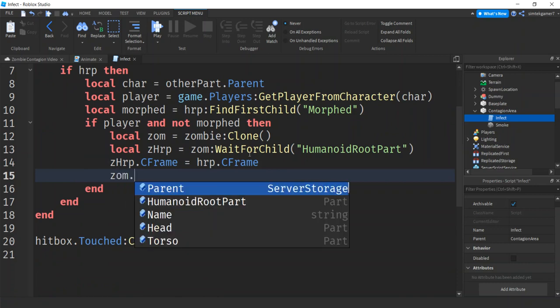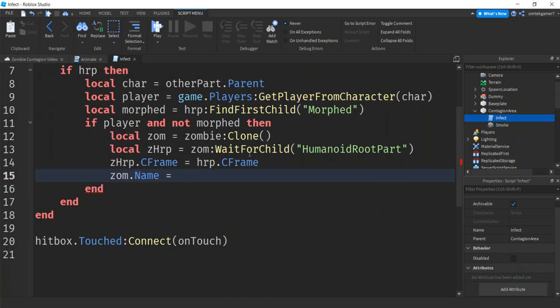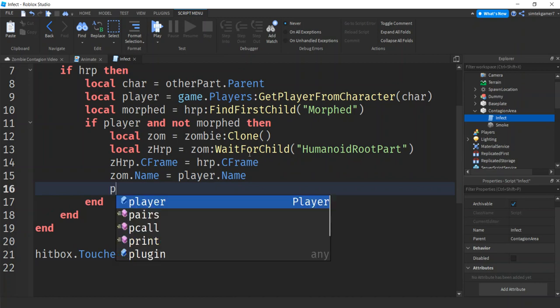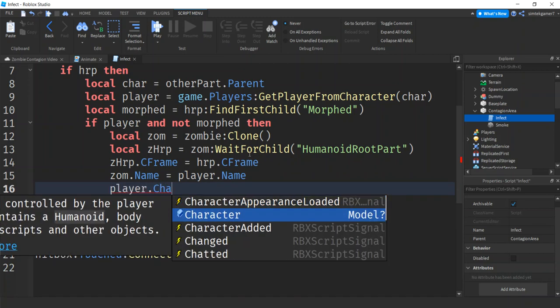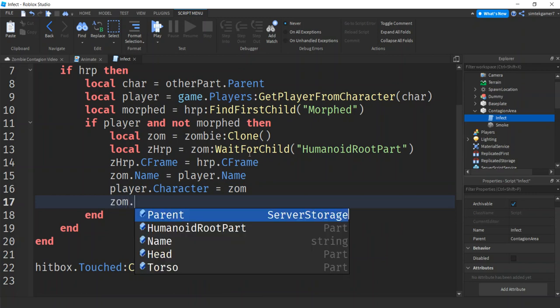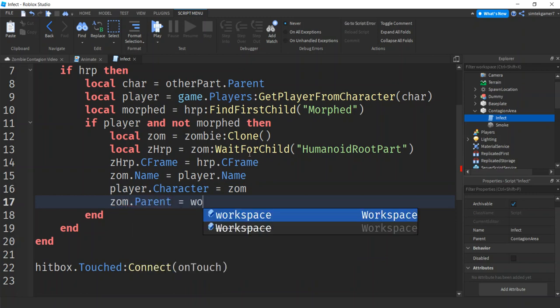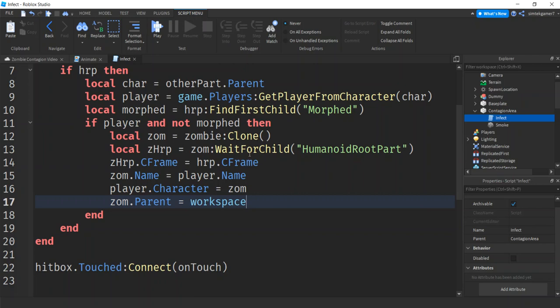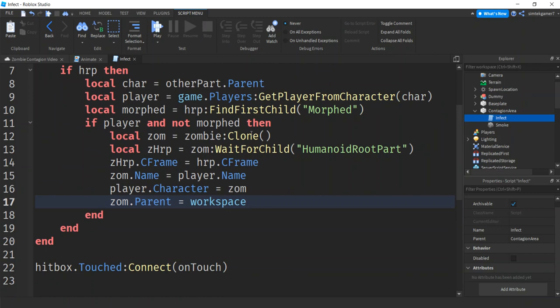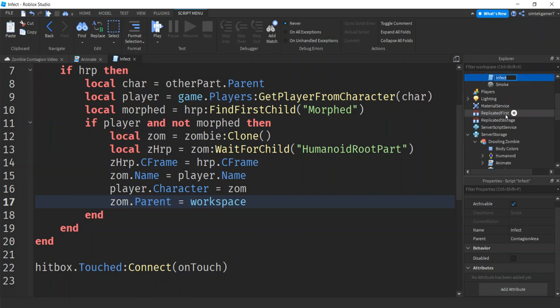Oh, zom name, the character name must equal the player's name. So we'll do the player name. And then the player.character will become the zom. Will be equal to the zom, right? And then we'll move the zom into the workspace by setting its parent to the workspace. And I think we're good to go. So this will not only work on our pad. Let's copy it. Let's move it down to hitbox,